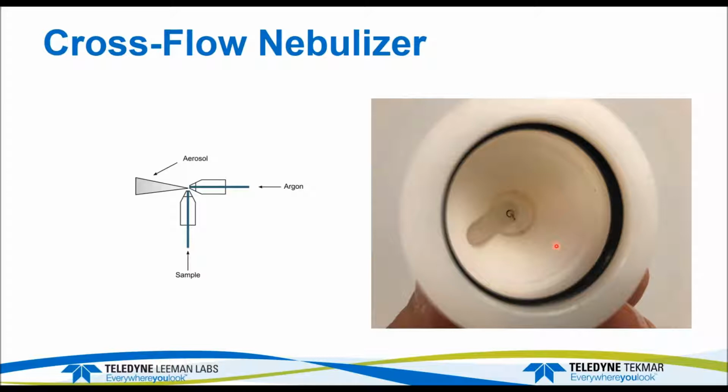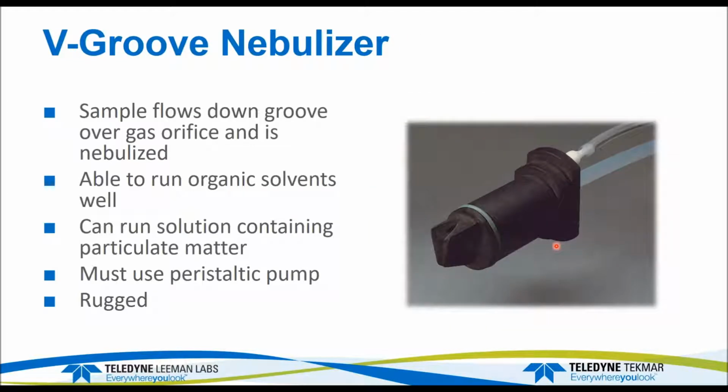We use this for high level aqueous applications, high levels of dissolved solids, going from the concentric to the Scott because of the reduction in sensitivity with the Scott. You can run things at high level dissolved solids with that type of setup that you can't with the cyclonic spray chambers. Okay. The next neb type is a V-groove neb, and the V-groove nebulizer that we use